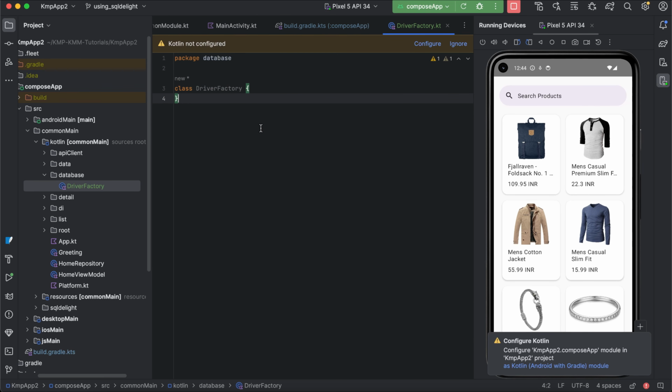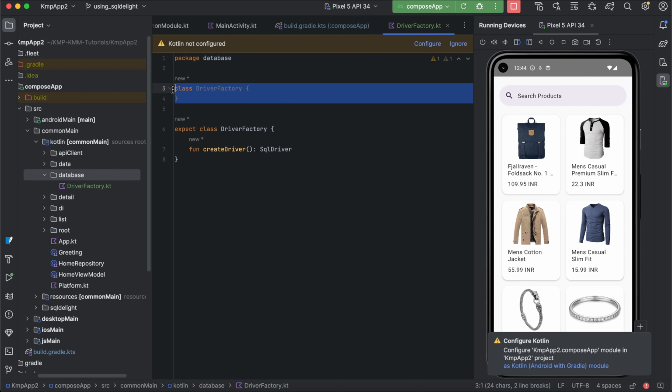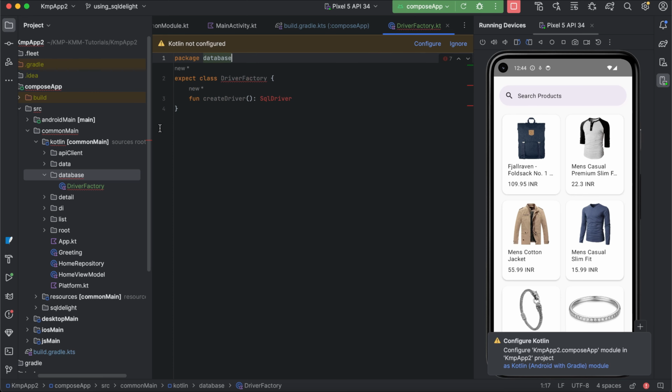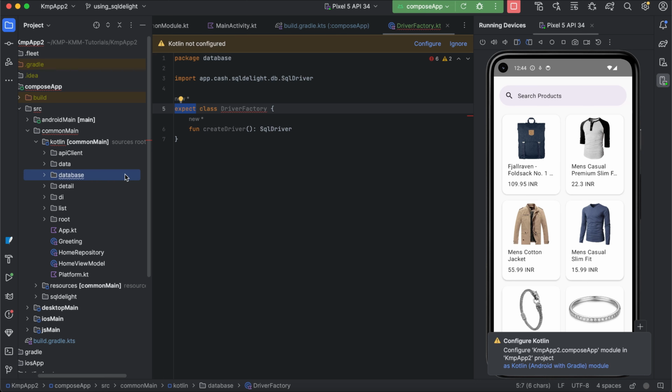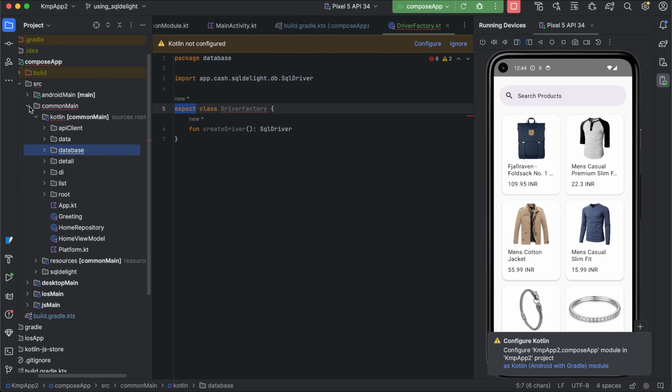Okay, so this is the expect class, and now we need to provide the implementation for this, because drivers will be different for each platform, right? That's why we created the expect class, and we will be providing the actual implementations for them. That should be at the same package level. So inside Kotlin we have the database directory, and the same thing we need to create. If we just copy it inside the